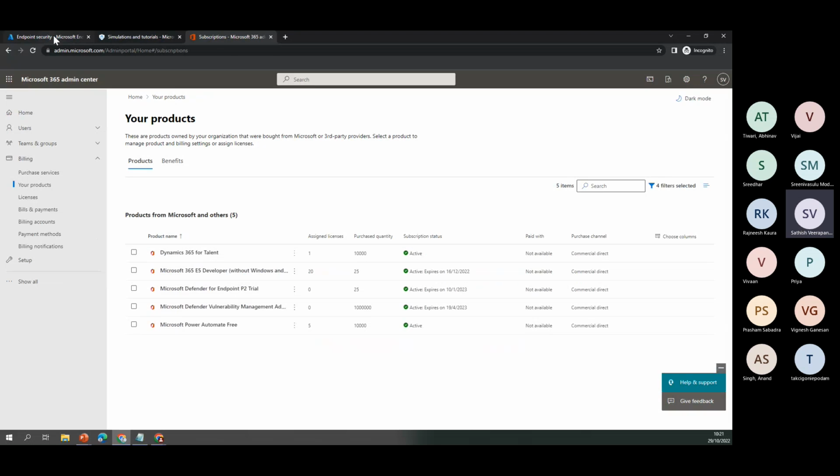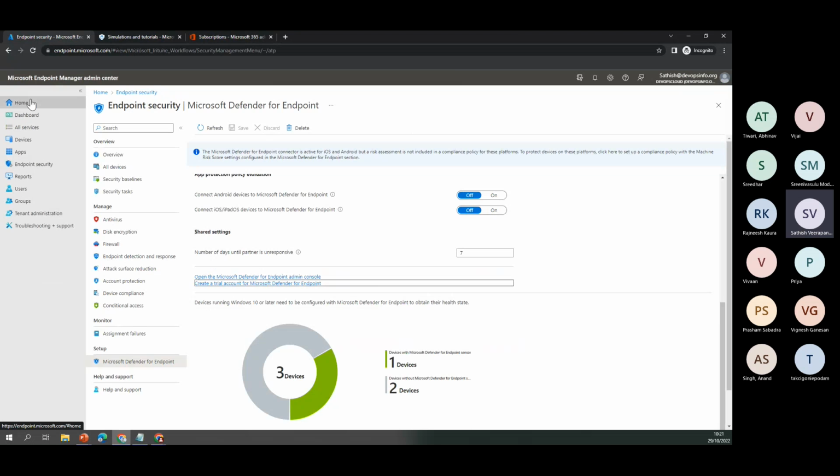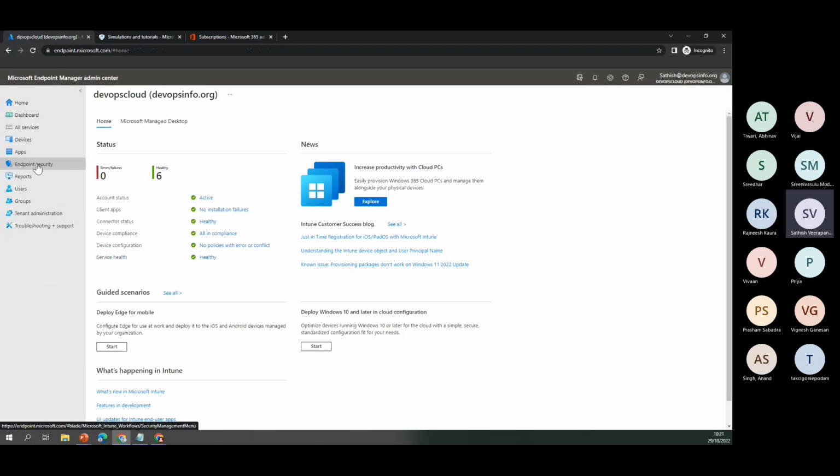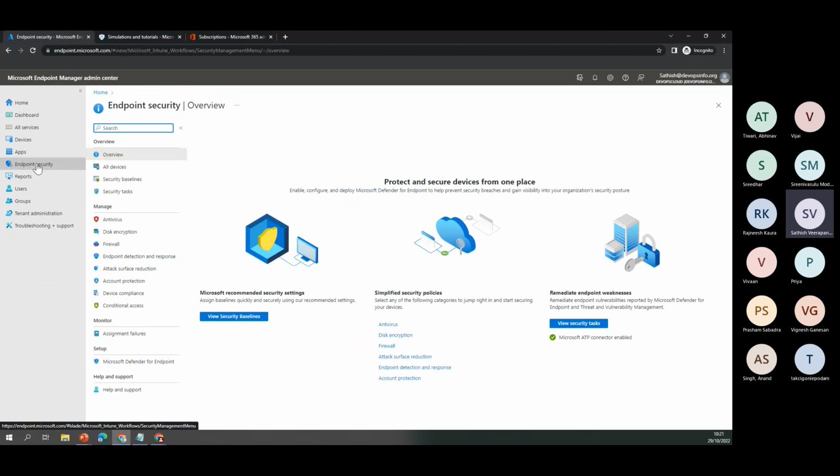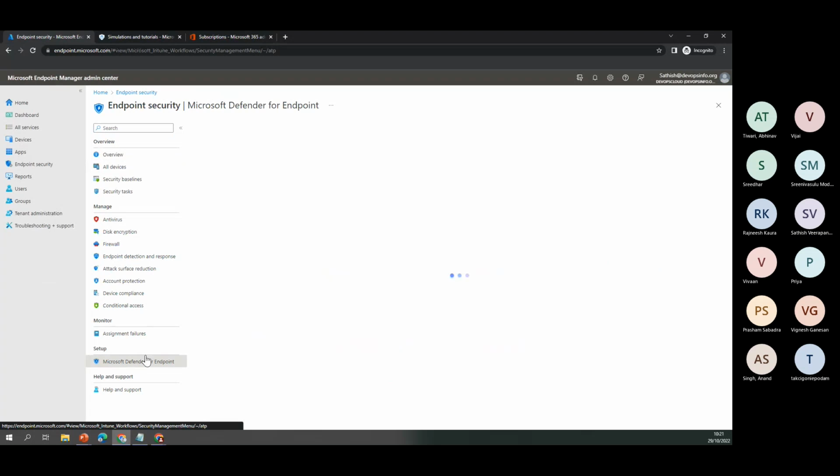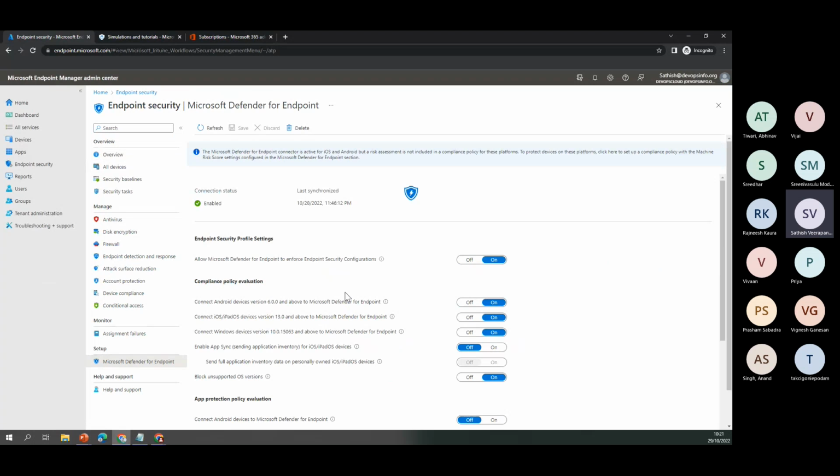So the first thing is you have to get the licensing, sorry, the plan, which is P1 or P2. Then the next thing you need to do is come to Intune, and in Intune you have the endpoint security, and in endpoint security you have to come to Microsoft Defender for Endpoint, which is present all the way down. So in most cases, you would see the connection status is not enabled, which means